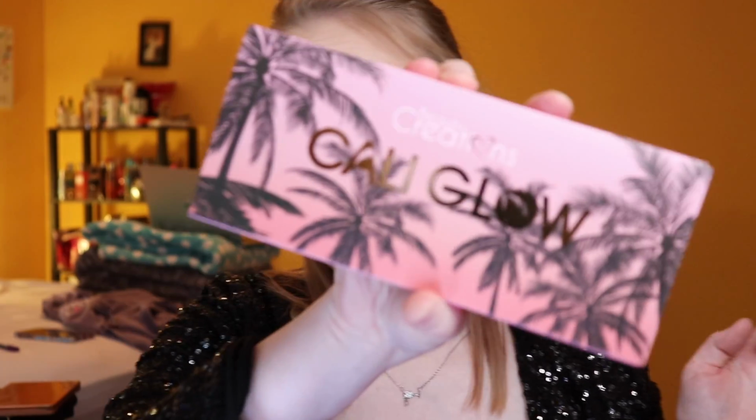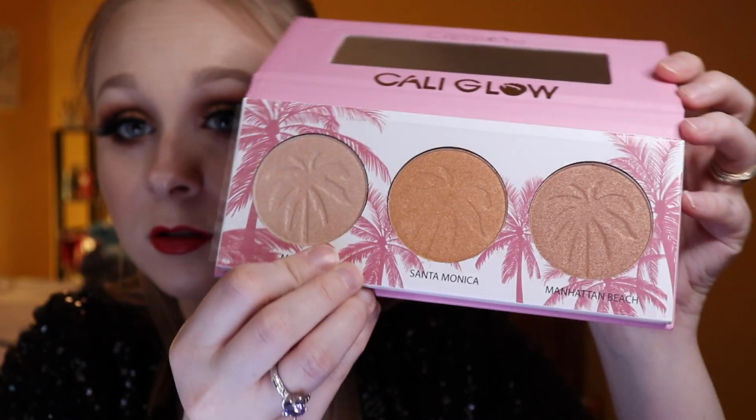So, Beauty Creations Cali Glow. I've never heard of this company. Let's see what this is about. Is this the premium? No, this is the base box, I guess. My other one's probably coming. Ooh. Highlighters. Obviously,